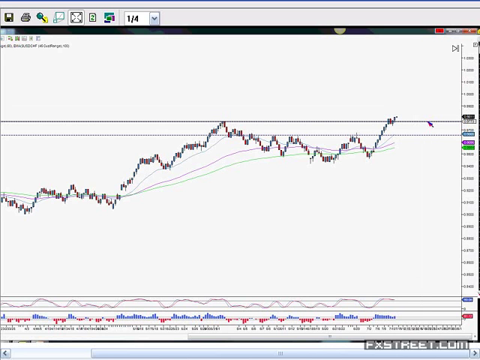And then after that pullback, give us an indication to go long off of a bounce from this level here, because that looks like that's the year high. So it's a pretty strong level to take a bounce off of. If we take a bounce off of this level here, what are we doing? We're trading directly into resistance, and that doesn't represent a high probability trade. Okay, we're all about high probability trades here, and what this level represents to us is a speed bump. And we don't like trading into speed bumps because they give us issues. We want to trade into fresh air, okay, into just clear blue skies.